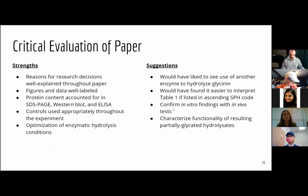Some of our suggestions: we would have liked to have seen the use of another enzyme to hydrolyze glycinin to see what that could have affected the results, which the authors mentioned as well. I found it a little bit challenging reading the SPH codes and going back and figuring out what the hydrolysis conditions were. And then, as the first paper noted, it would be beneficial to confirm those in vitro findings with in vivo tests